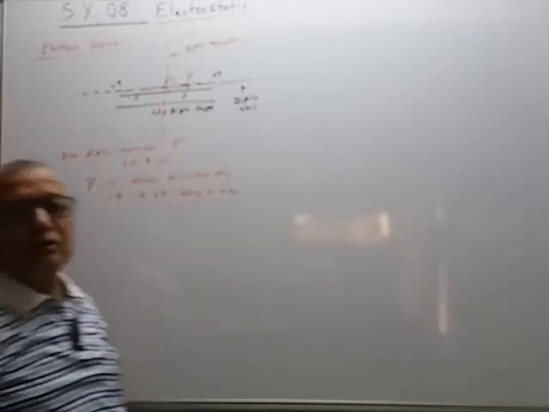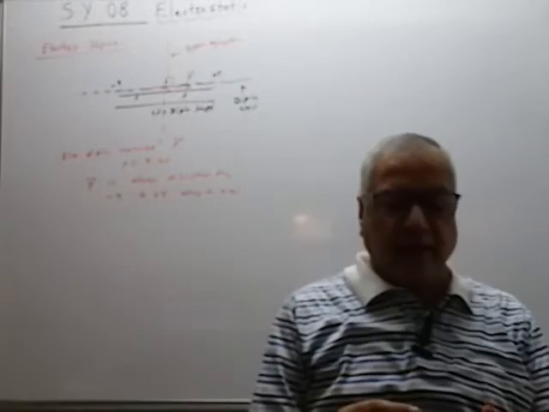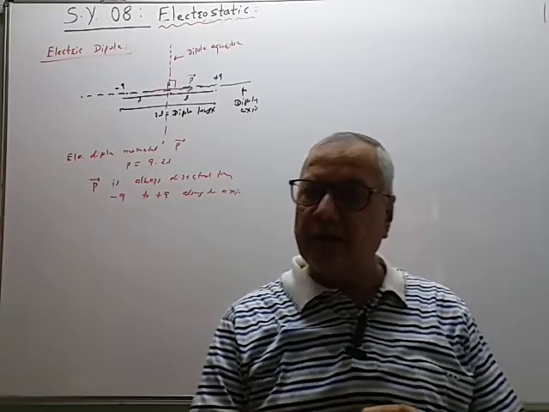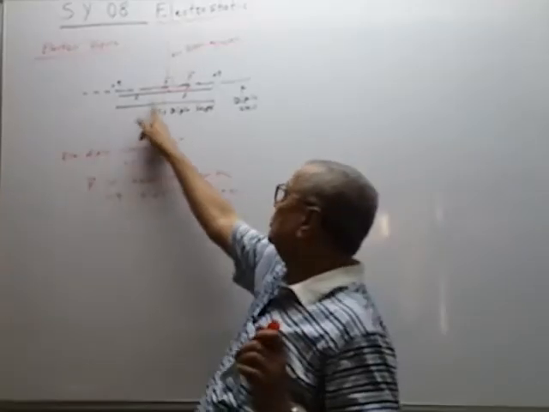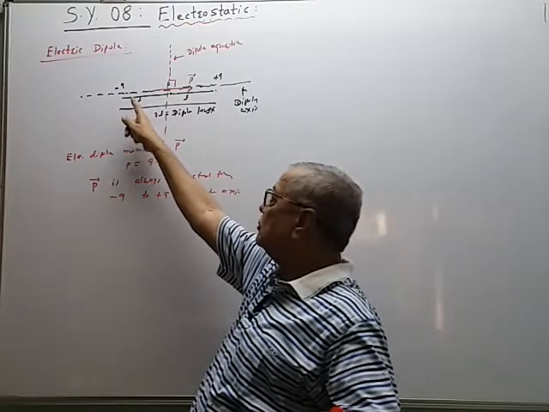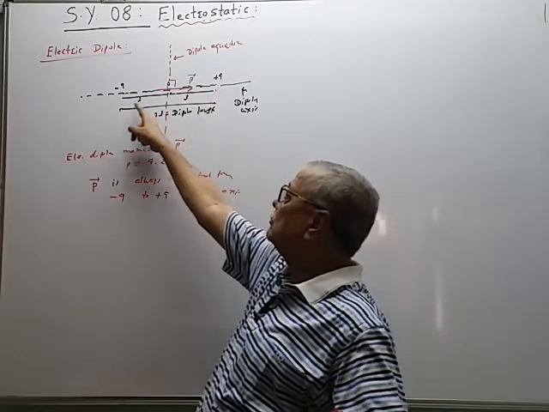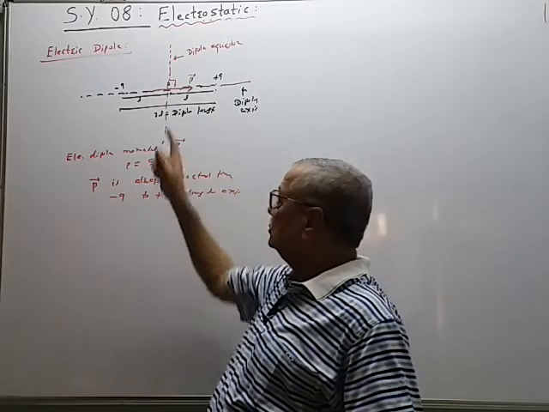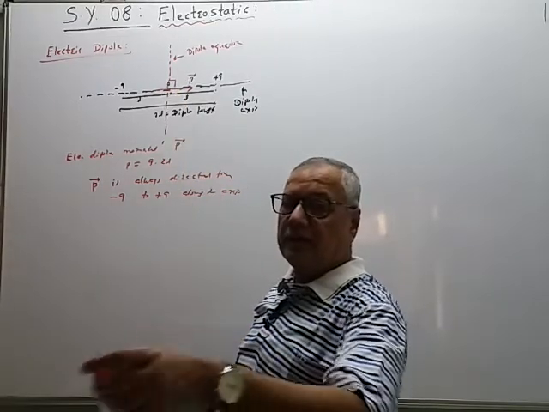This quantity is similar to the magnetic dipole moment. Electric dipole moment, magnetic dipole moment. Magnetic dipole moment is also vector quantity. It is directed from minus M to plus M. Minus M is a pole strength of the south pole. Magnetic dipole moment is from south pole to north pole, electric dipole moment is from minus Q charge to plus Q charge along the axis. So these are the terms related with the electric dipole.